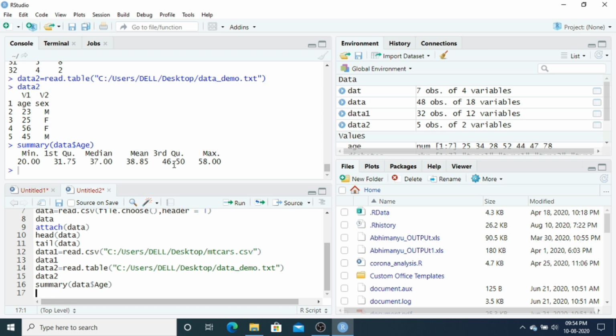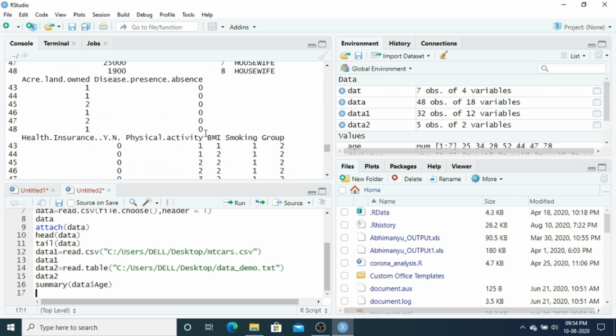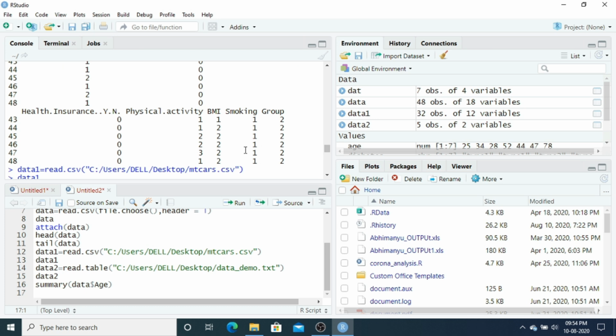You just see, this is how you can obtain the summary: minimum age, mean age, median age, first and third quartile, also the maximum age.